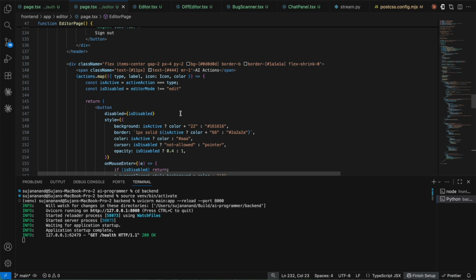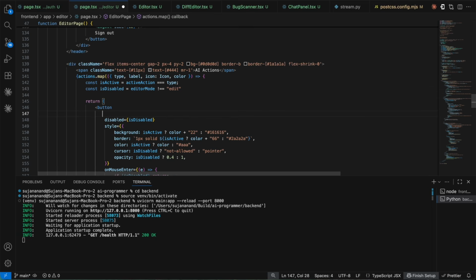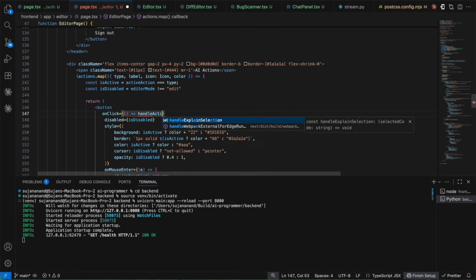Yeah, I think for this button the on click is not given, so let's verify that once. Let's see why exactly it is not added, and let's add it. So yeah, handle action, that is not done. So for button I'm going to say on click, taking a function, and here I'm going to say handle action